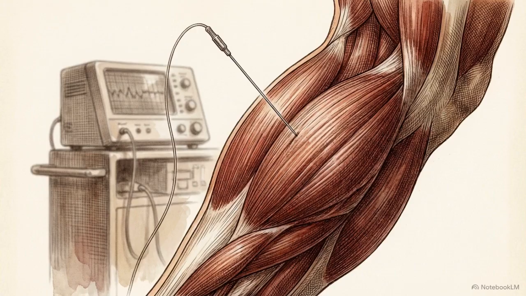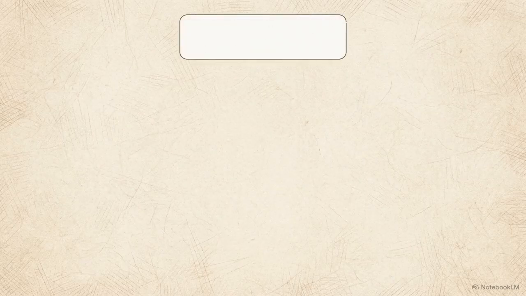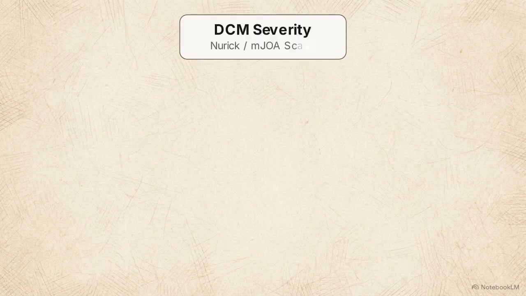Electrophysiology, such as an EMG, is rarely used to diagnose DCM directly, but it remains highly valuable for ruling out neurological mimics like ALS or peripheral neuropathy. Advanced imaging dictates whether the spinal cord has suffered reversible swelling or permanent necrosis. This flowchart illustrates the clinical management matrix, which is primarily dictated by disease severity using the Nurick or modified JOA